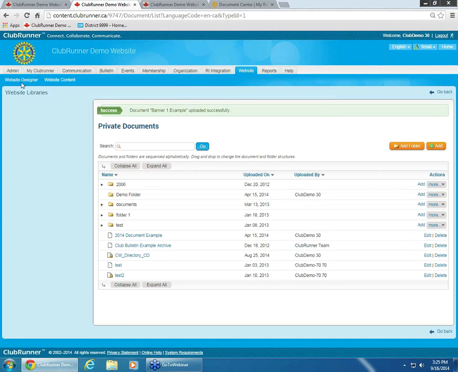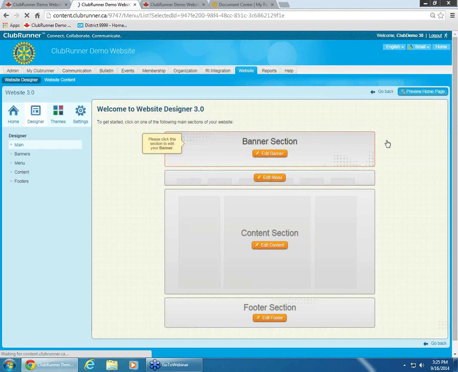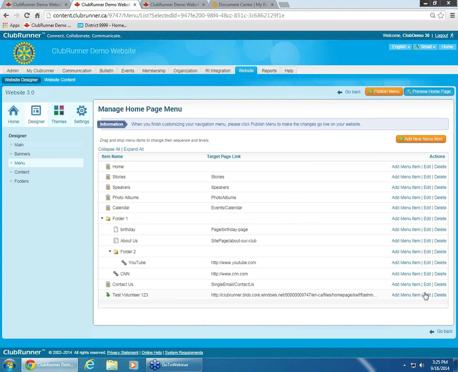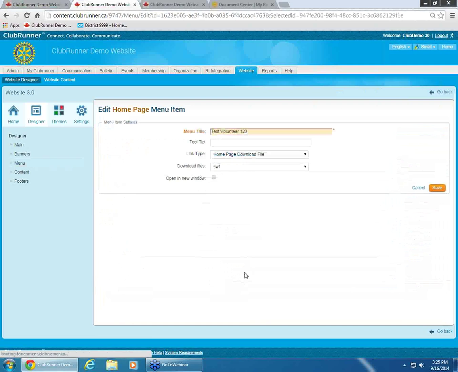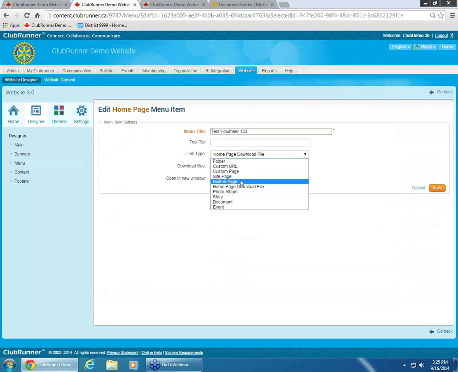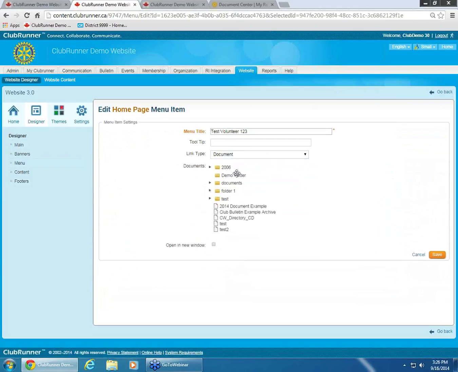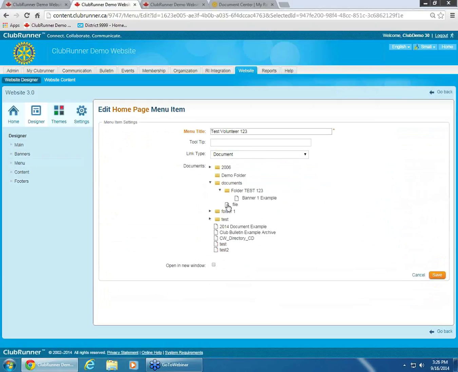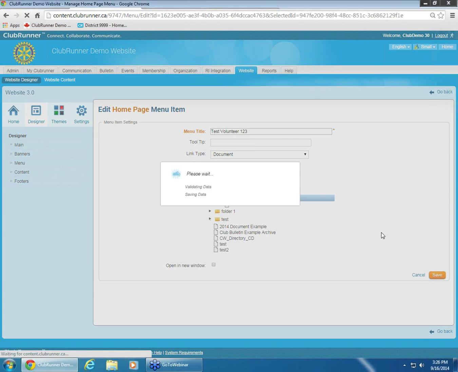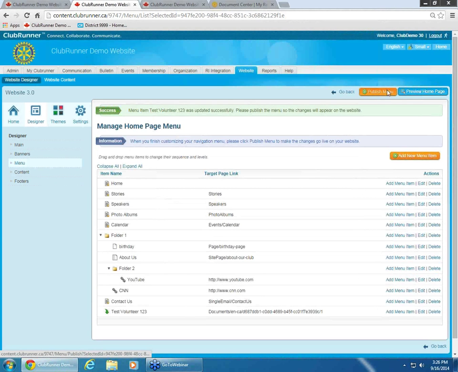So if I go back into the website designer, edit menu. Let's say you want to add the file to the menu bar at the top. Instead of choosing homepage download file, I should choose document. I'll select documents, folder test 123, and make sure that the file you want is highlighted, which is banner example 1. I click save, publish the menu,